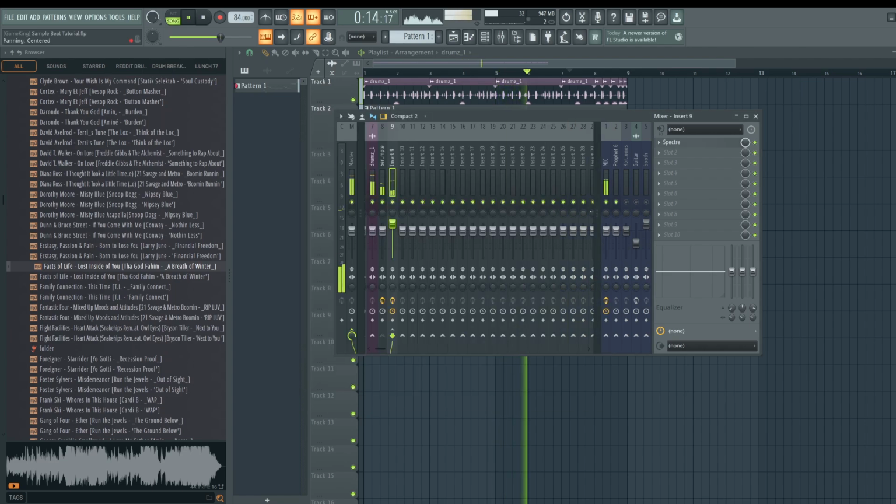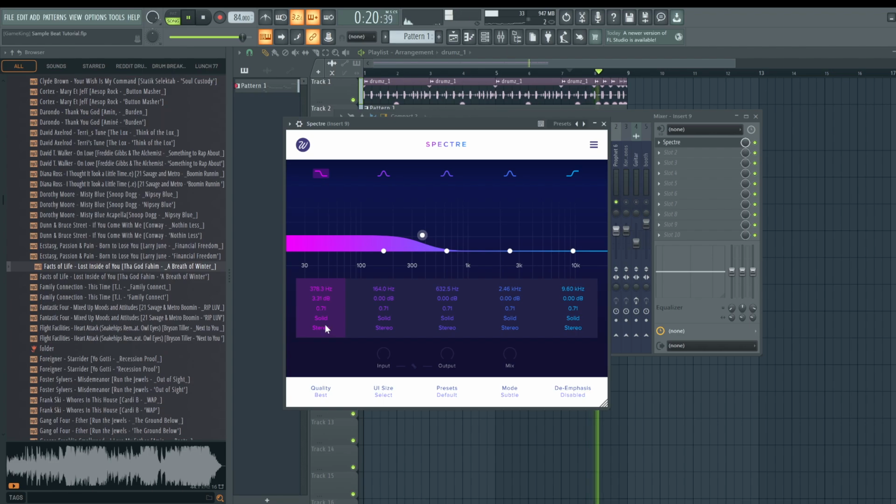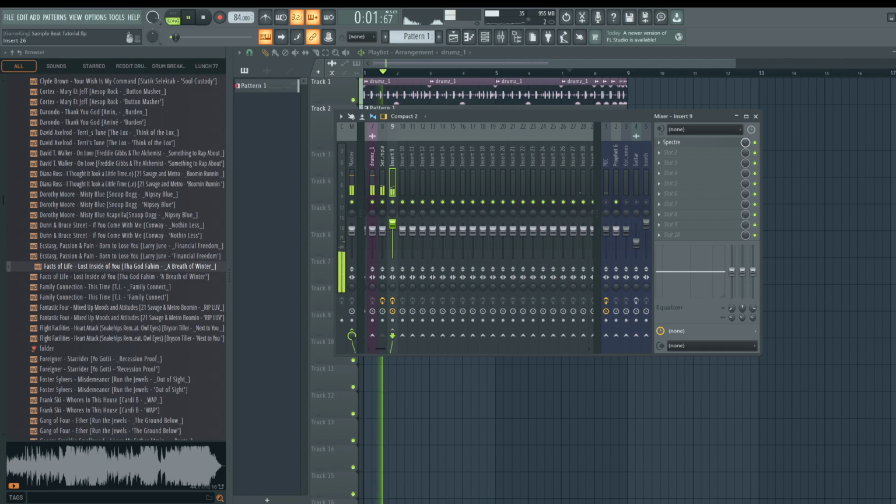Now we're just beefing up the bass so that it's more full. All right, let's hear it with the sample.